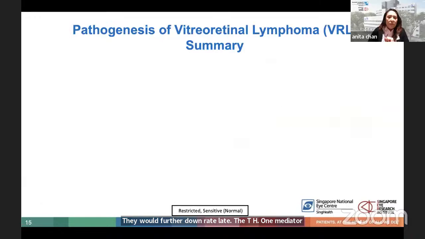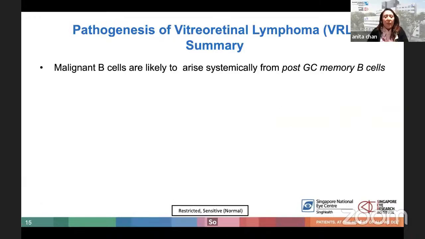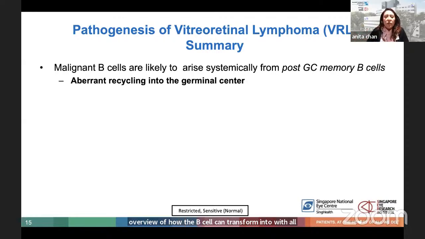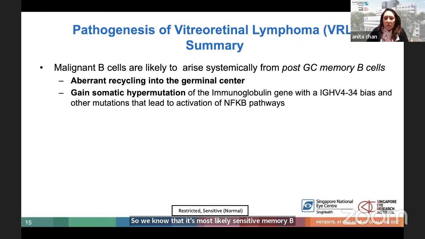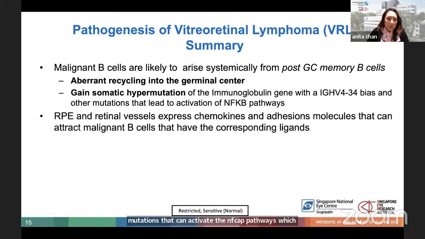So just to summarize, I've given you a very brief overview of how the B cell can transform, with all the mutations that are relevant to VRL, and then how it can home into the eye. We know that it's most likely from post-germinal center memory B cells. What happens is they undergo aberrant recycling into the germinal centers and gain somatic hypermutations, especially in the immunoglobulin genes, as well as other mutations that can activate the NF-kappa B pathways, which allows them to continue to proliferate